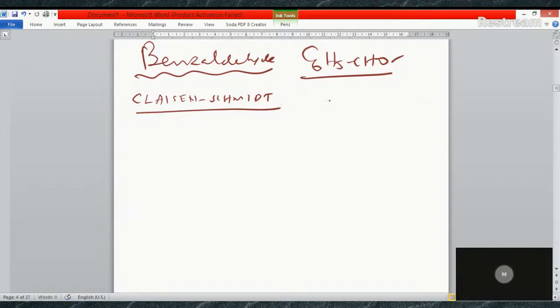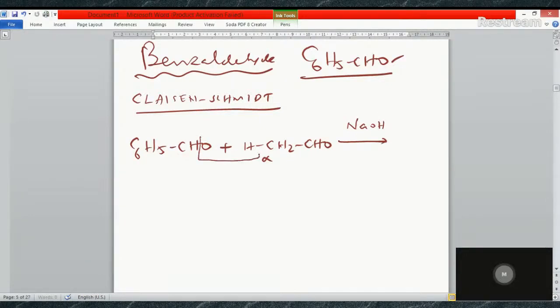What is called the Claisen reaction, also known as the Claisen-Schmidt reaction? It is to be explained as follows. I can write C6H5CHO plus the acetaldehyde, CH3CHO. One of the alpha hydrogens is taken outside. The reaction takes place in presence of NaOH. So there will be the removal of water, which means I am writing 2 hydrogens outside. Only 1 H is remaining here. 2 of the hydrogens are taken outside. So the product is